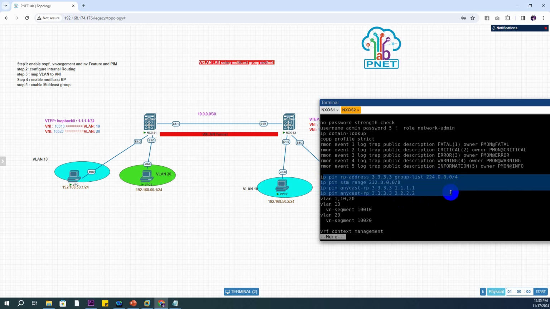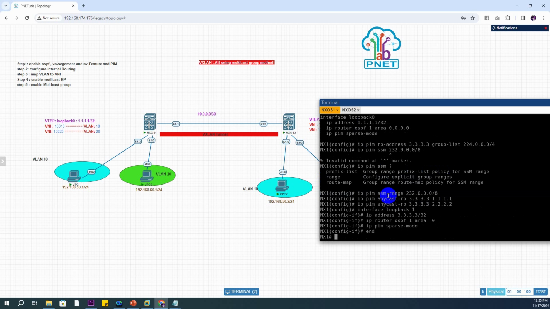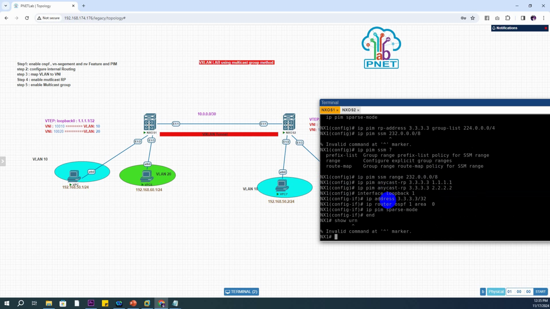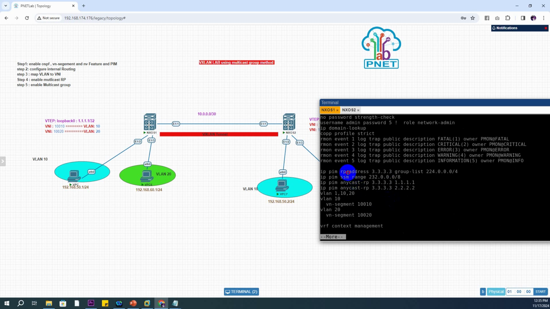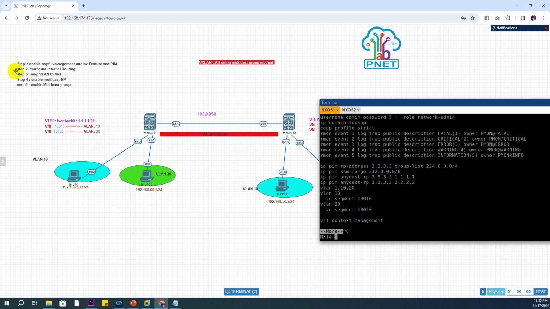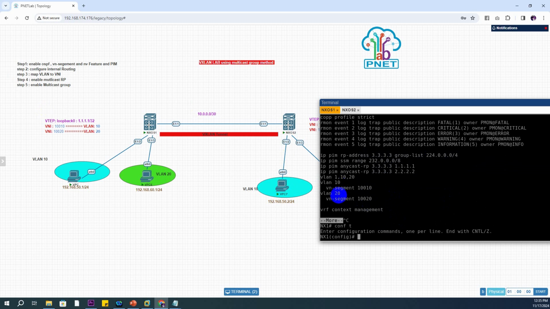Okay, good. And let's see the other one. Show run. IP rendezvous point 3.3.3.3, 224.0.0.0/4, 232.0.0.0/8, 1.1.1.1. Okay, good. Everything is good. Now is the time to what? To configure the interface